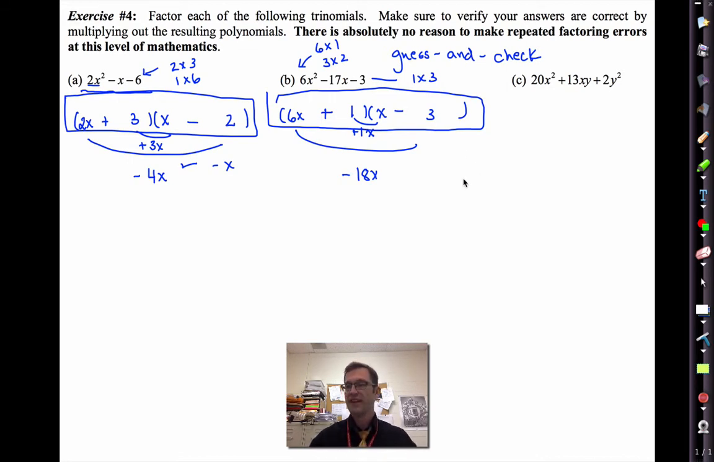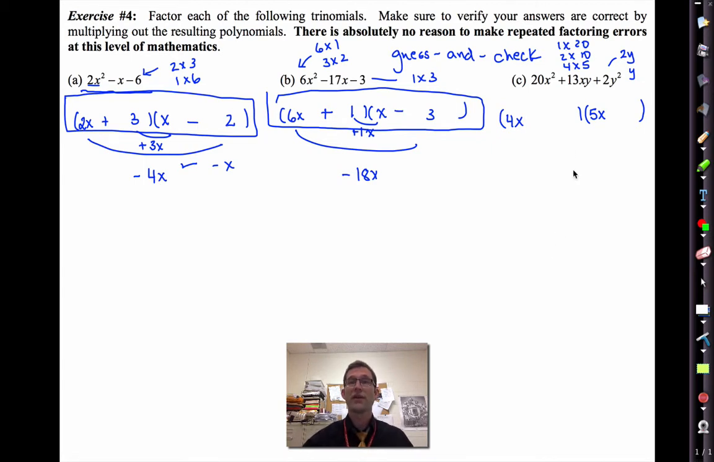All right, did you get C right? Well, I'm running out of room. Now again, don't be thrown off by the y, that's okay. 20x squared, well, 20 again is tough because it can be 1 times 20, 2 times 10, 4 times 5. If I have no idea, I generally start with numbers closer to each other, like 4x and 5x. Now, one thing that is nice is 2y squared is easy. That's going to be 2y and y,